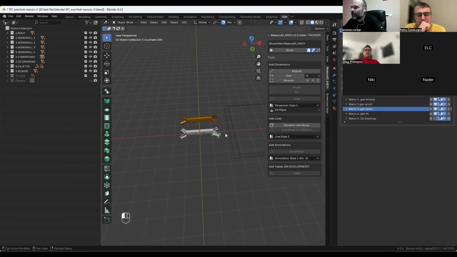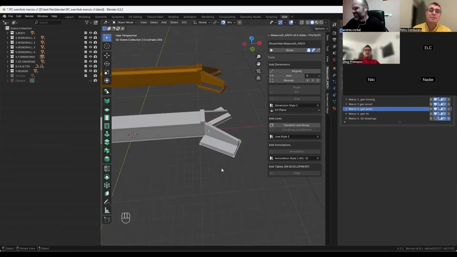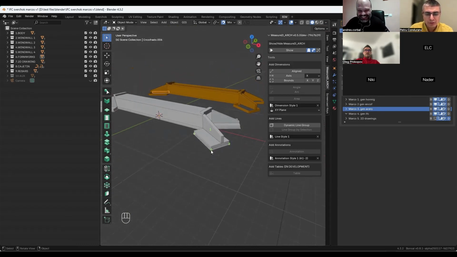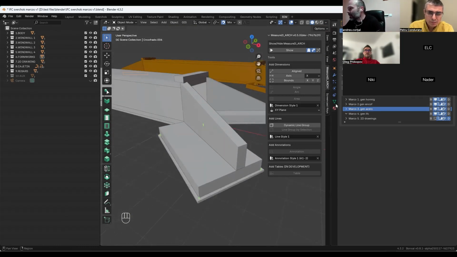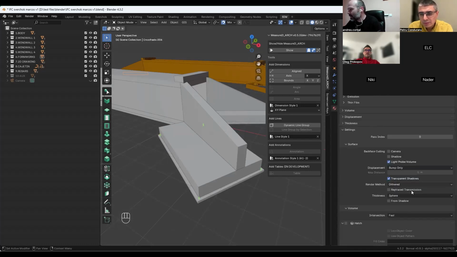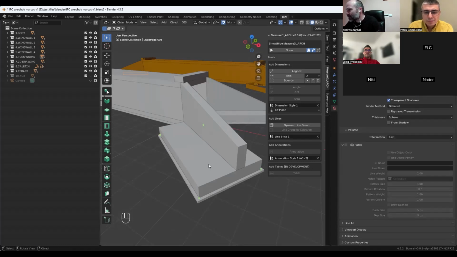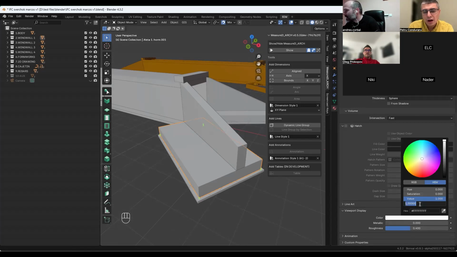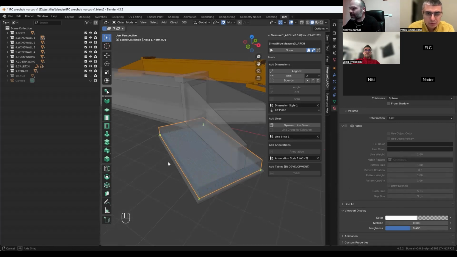The computer is slow. It's handling slower because there are many objects. I know, the same for me because I work a lot with rebar models. Now I have a material here in Blender to make this transparent, so we can see the bars. You can also hide it if you want.